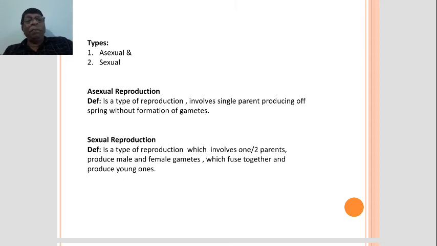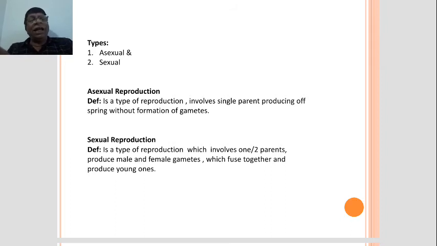So only 1 parent is involved. But the majority of higher plants and animals require 2 parents. The male parent produces male gametes, sperm, and the female parent produces female gametes, the egg or the ovum, which fuse together